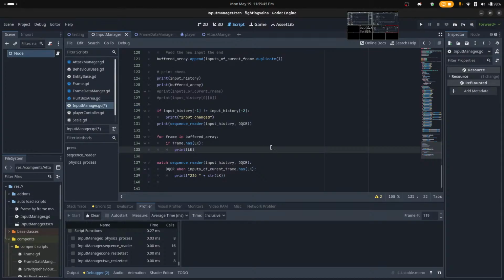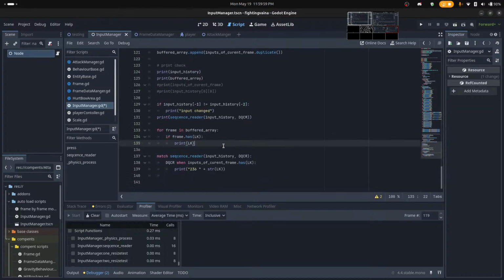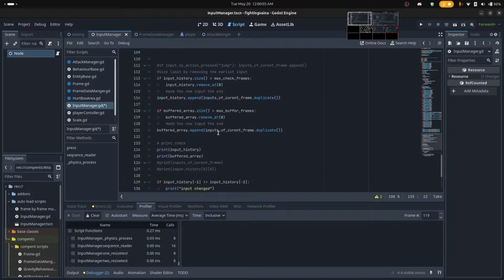Okay, so, yeah, input history be like infinite now. Okay, so since I want to make, hmm,